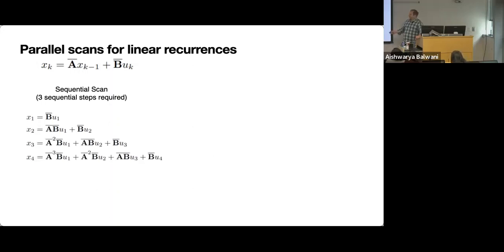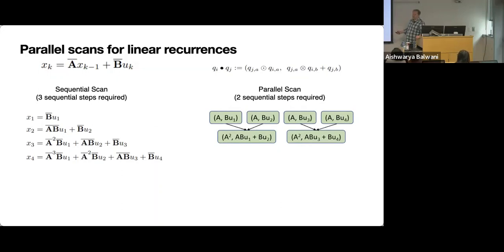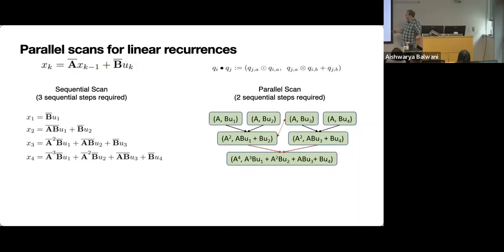So if you want to compute these outputs for 4 time steps, you could do that linearly, or you could define a binary associative operator that takes in a tuple like this, and then outputs a tuple of the same type. There's a little bit of math you can do to convince yourself that at the end, this is producing all the x's that you want as one of the elements of these tuples, and it does so in order logarithmic time. The main bottleneck, though, is that you end up with these matrix multiplications, and this is where that diagonalization step really comes in.